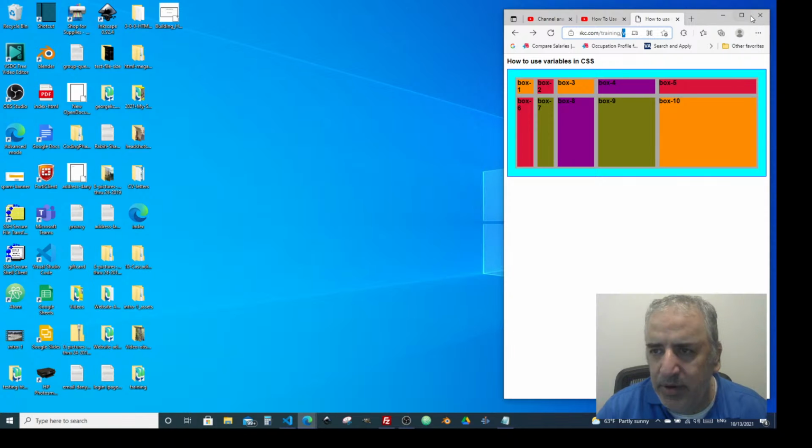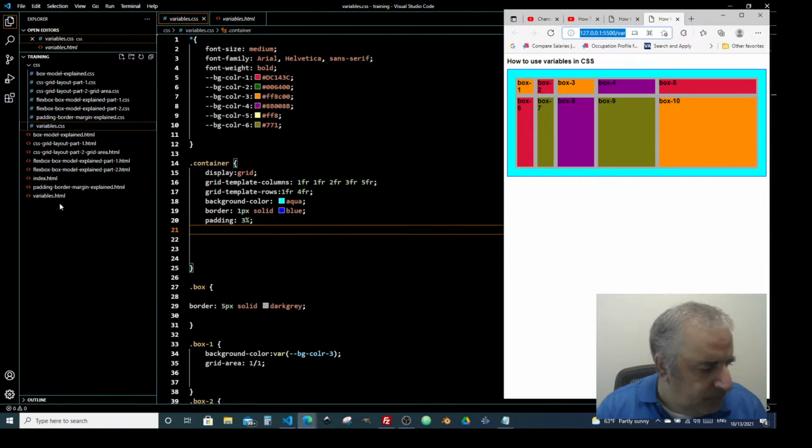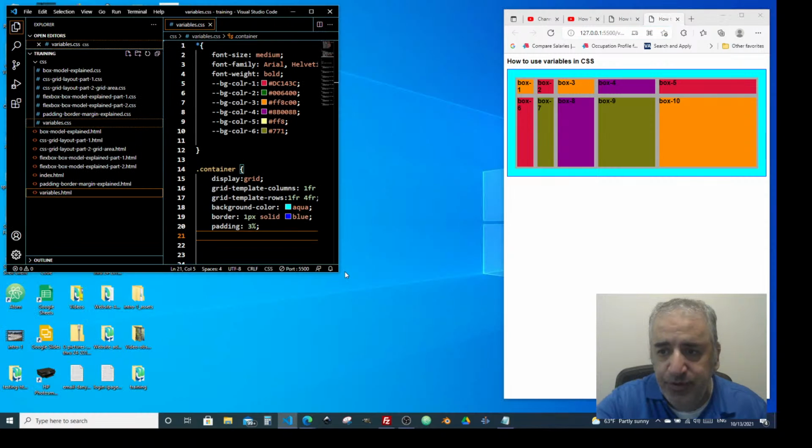Or actually, I can show it to you in Visual Studio Code in Live Server. So let's look at the Live Server. So this is Live Server, and looking at the style sheet for this web page